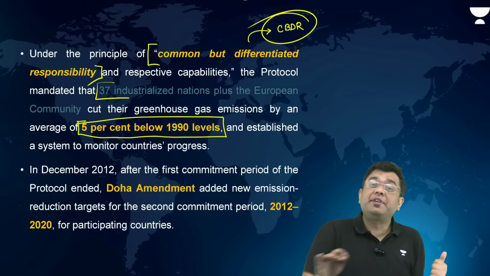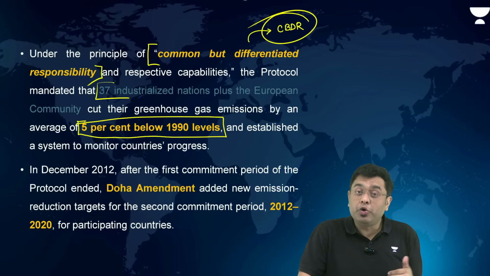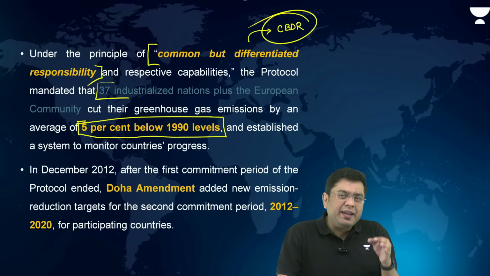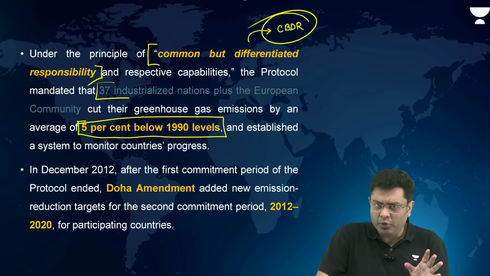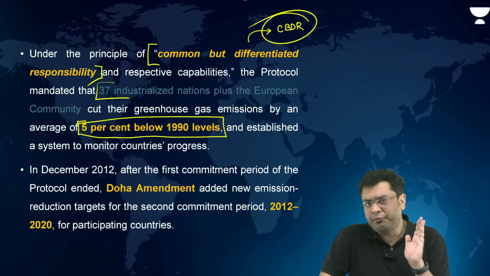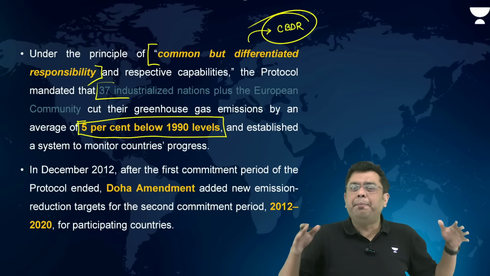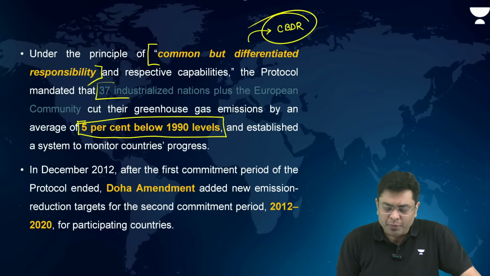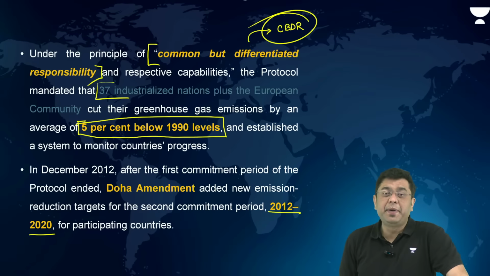But what to do after that, after 2013? And what agenda to be taken up? So that is where, in the Conference of Parties to Climate Change which was held in Doha, you had the Doha Amendment which was passed. The Doha Amendment is also famous and important for the climate convention because it extended the planned implementation period of the Kyoto Protocol up till 2020 for all the participating countries.